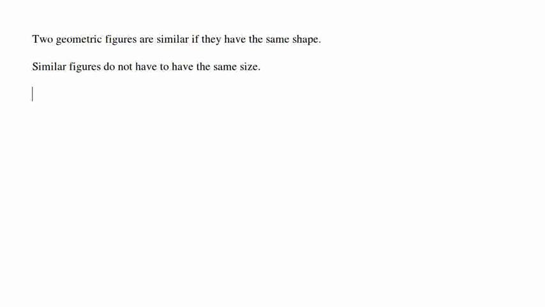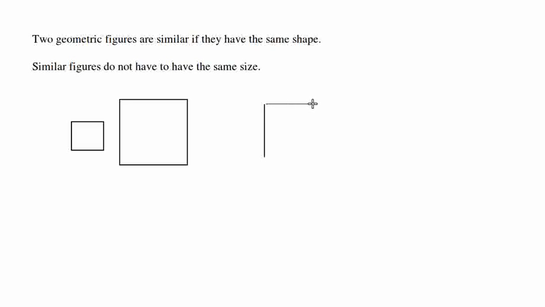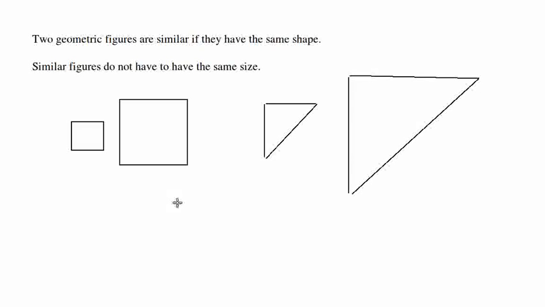So let me give you some examples of similar figures. I already mentioned a few of them. So squares. Any two squares are similar. All right? Any two isosceles right triangles. Remember, isosceles triangles have two sides that are the same size. So something like that. And similarity even applies to more complex shaped